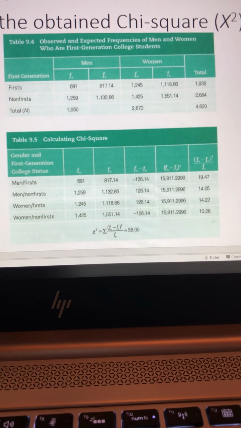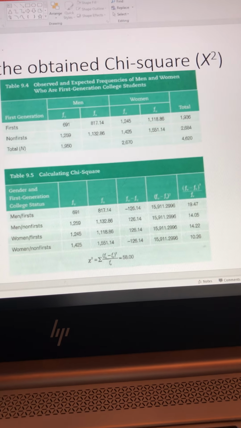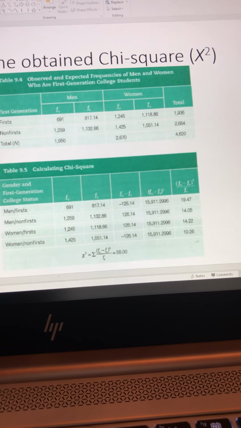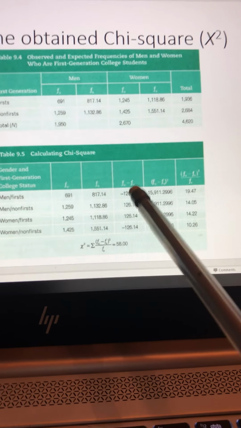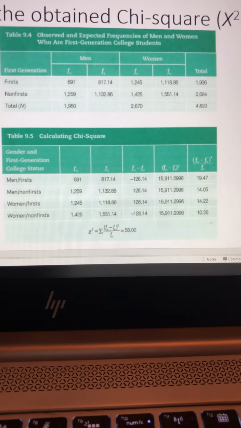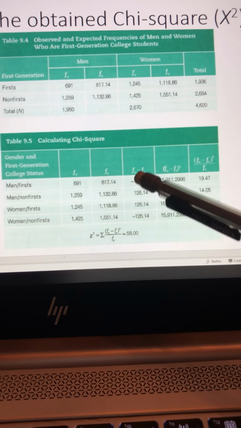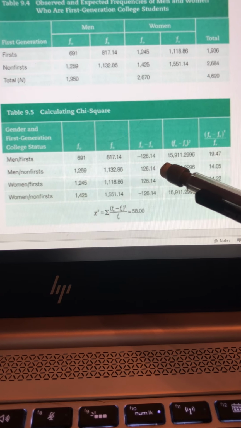Then, similarly to when we're calculating the standard deviation, you square the stuff to get rid of the negatives. That's the point, because otherwise, look at this, all of these would sum up to 0. So you take F observed minus F expected, and then you square it. Negative 126.14 squared is going to be